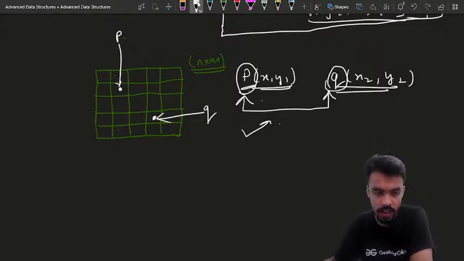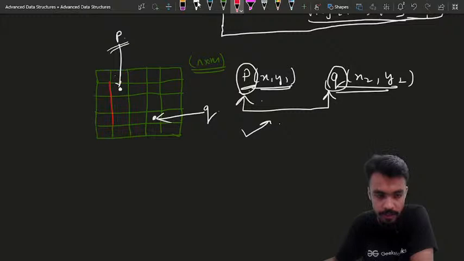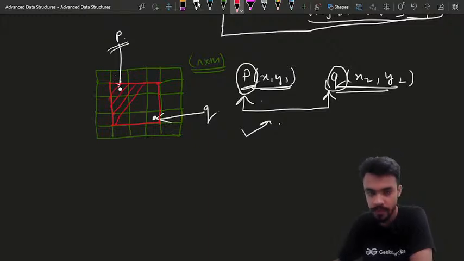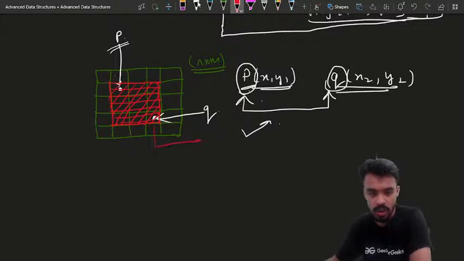Point p is the top left corner of the submatrix, and the point q is the bottom right corner, so we are referring to this submatrix. Now suppose I am asking you to calculate the sum of all the elements that fall in this submatrix,